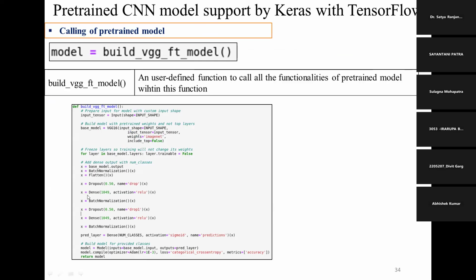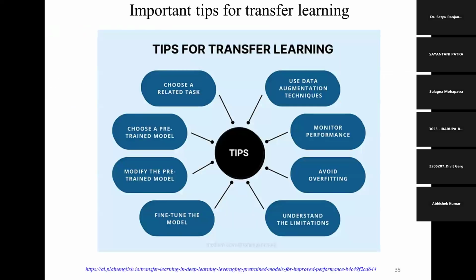What I have done is only add some dropout, add some batch normalization layers, and make changes in the dense layer. No more modification than that, only the dense layer part, the final layer part. So this is an example of how a pre-trained model is used. Before that there is no layer or anything; we just need to call this function. So this is how the pre-trained model works.